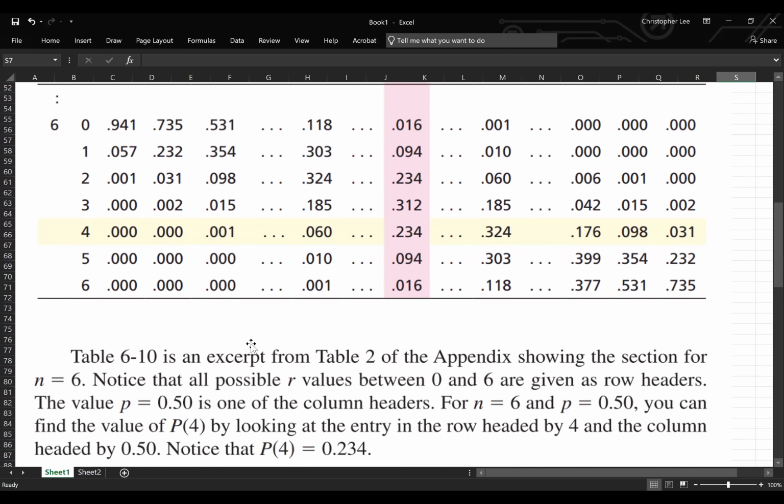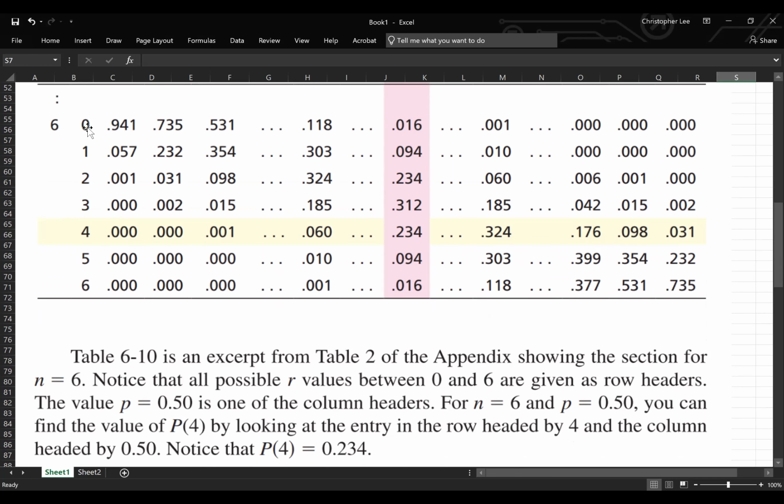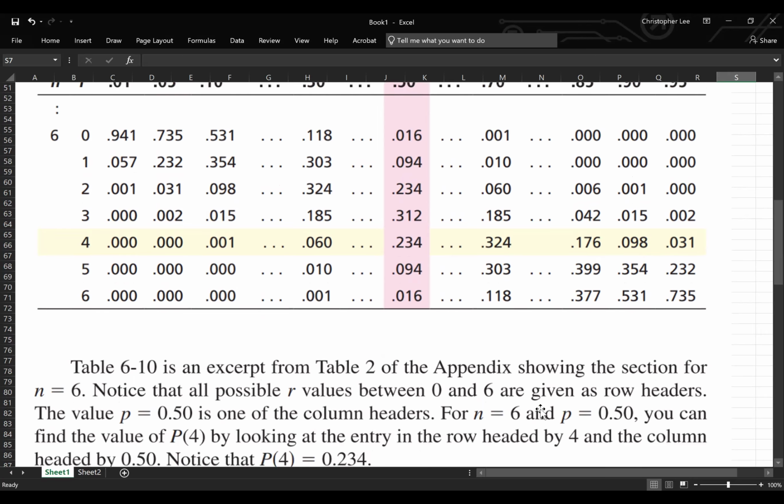So table 6.10 is an excerpt from table 2 of the appendix showing the section for n equals 6. Notice that all the possible R values between 0 and 6 are given as row headers, right? So we're talking about this part right here. The value of the probability equal to 0.50 is one of the column headers up here. For n equals 6 and the probability equal to 0.50,